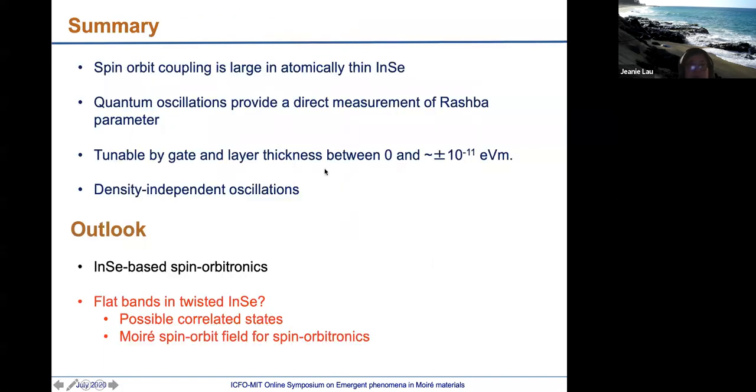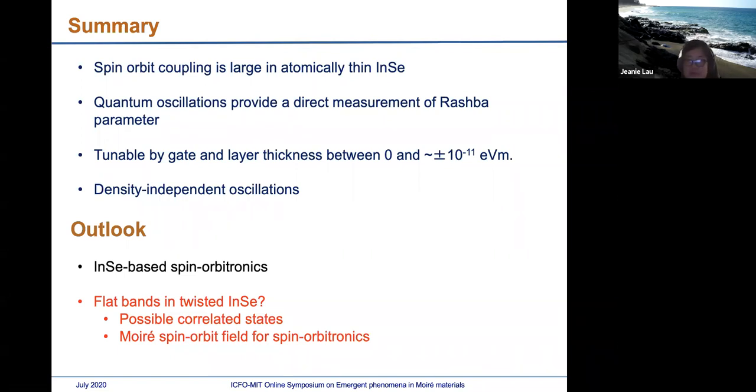Okay, so just to summarize this part of the talk, the spin-orbit coupling in atomically thin indium selenide is actually quite large. And we can measure that directly, without fitting parameters, the Rashba parameter. We can tune the spin-orbit coupling by gate over a large range. So very excitingly, we can really make it zero in regions where we don't want spin-orbit coupling, for example, where we want long spin lifetime. And we can make it large in regions where we want the spin-orbit coupling, for example, when we want to make